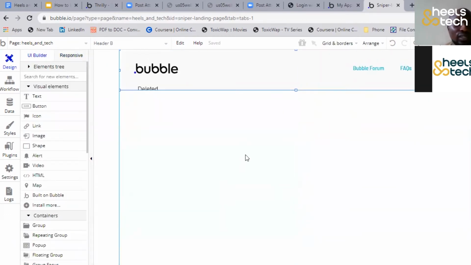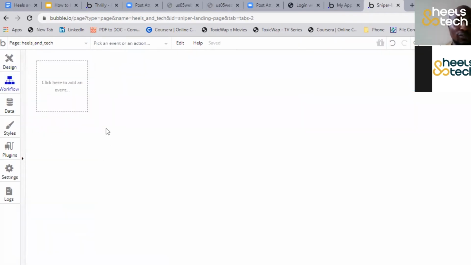So that's really just one part of Bubble, which is the design. This is where we are, the design area. Now, when you come down here, you have the workflow. The workflow is basically the parts that connect everything together, right? So for example, when a user clicks a button, you want something to happen, right? This is where you dictate for all of those things to happen,